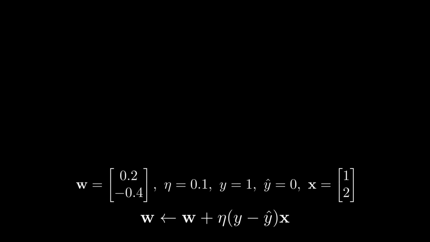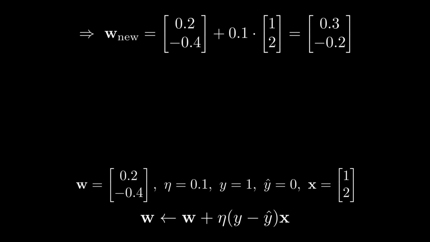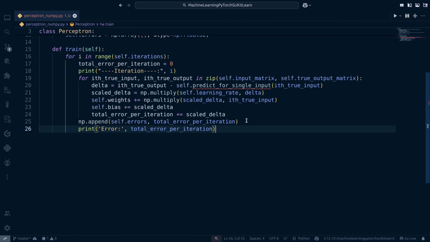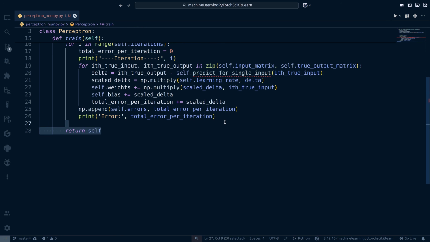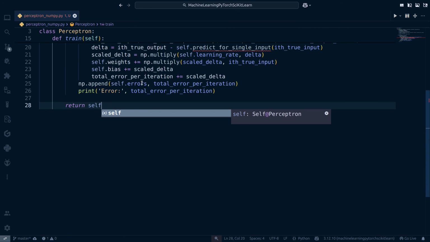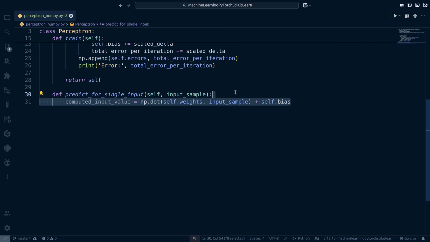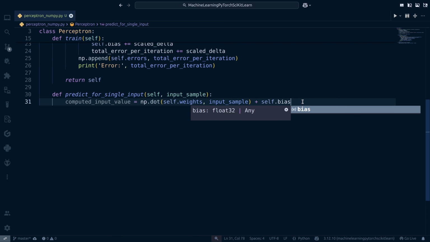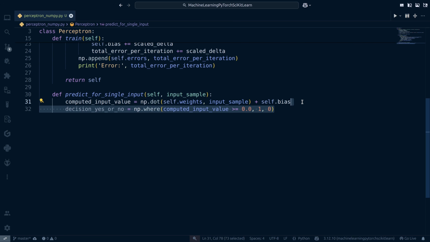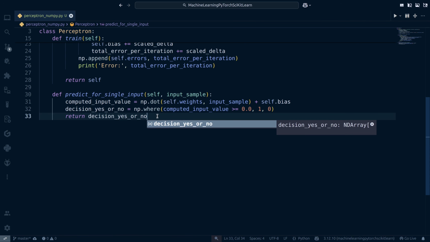Mathematically, this is what the train method is doing. After all the iterations on the data are complete, we'll return our own Perceptron object as itself. Now let's create the predict function which was used in the training method. First, a net input is computed by taking a dot product with the weight and the true input sample and adding bias to it. And an activation function of unit step is used to decide whether the value is a